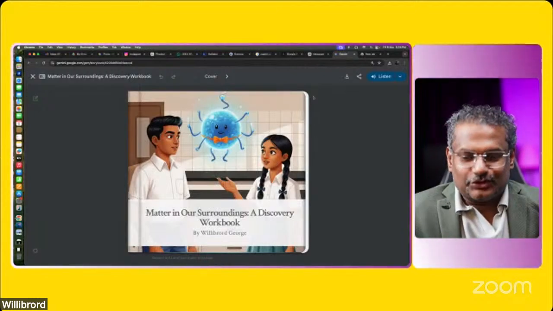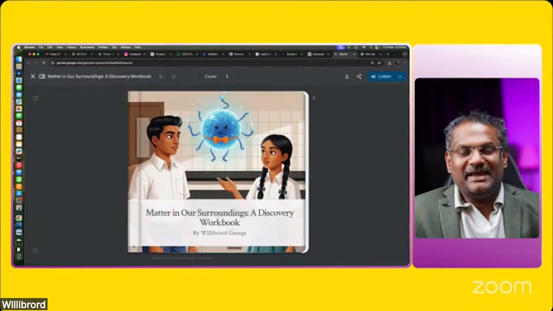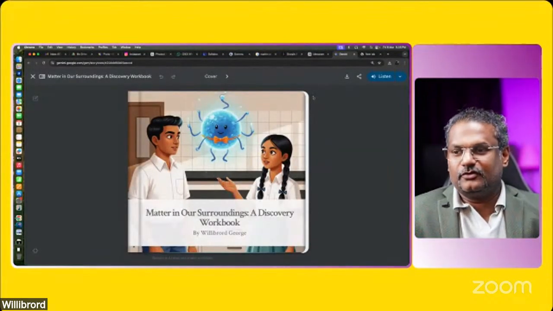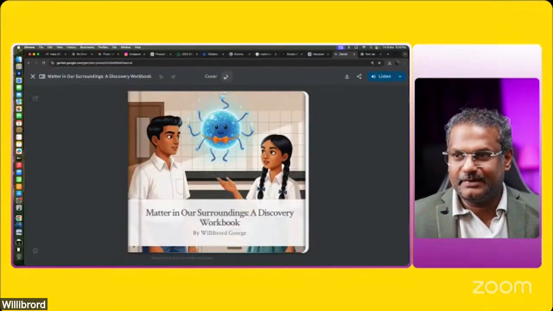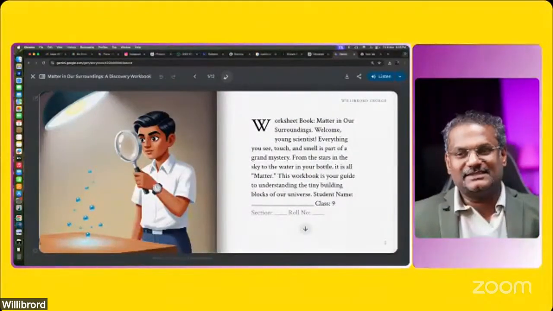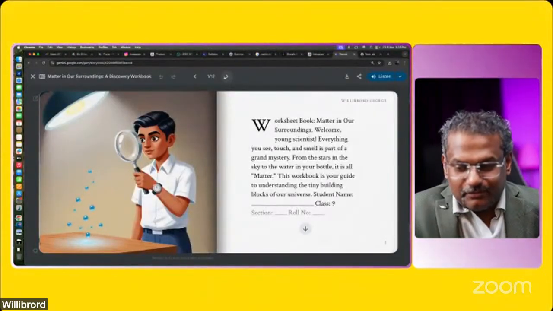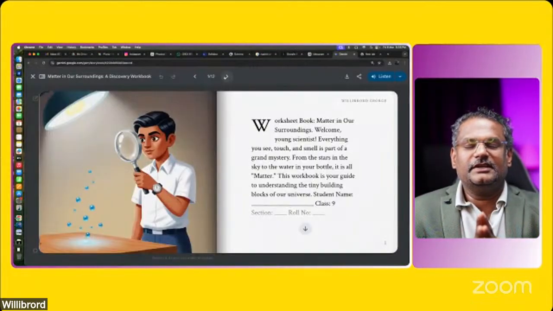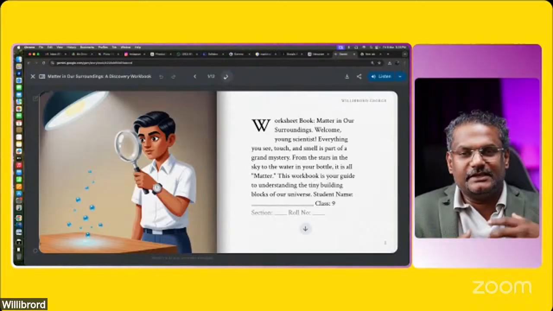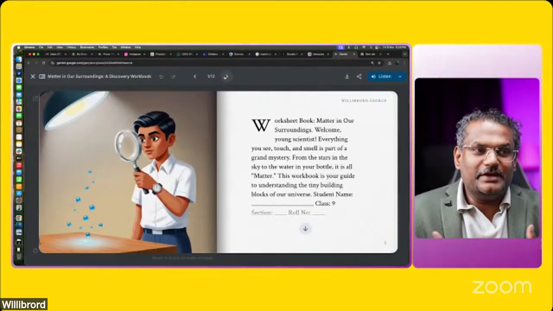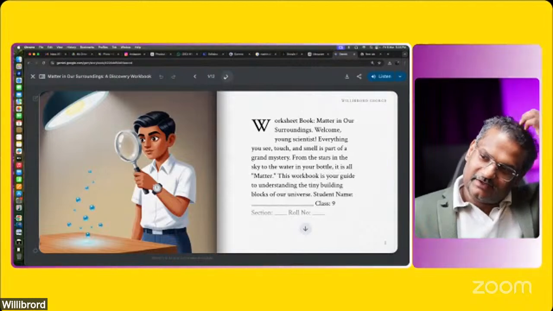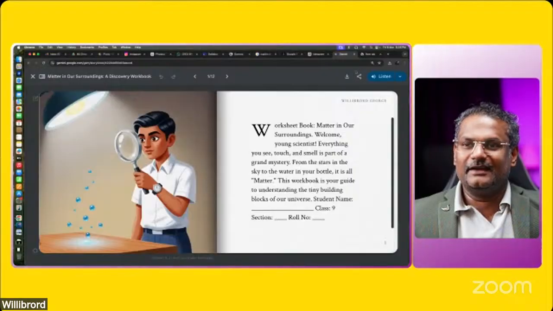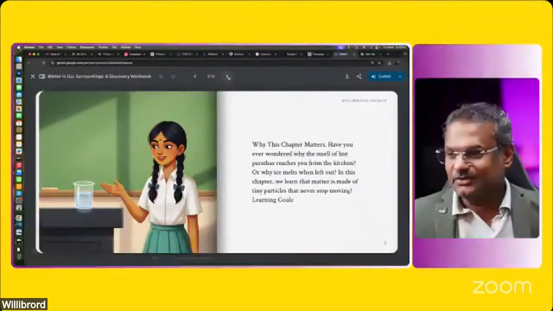Here you go. So as a teacher, you were able to make an entire storybook in the form of a worksheet for children. This is the first page. This is the second page, right? So you've now been able to take the concept from the NCERT textbook, and then you're literally rewriting your textbook like a storybook, right? So here it is. This is what matter could possibly look like. And yeah, next page,